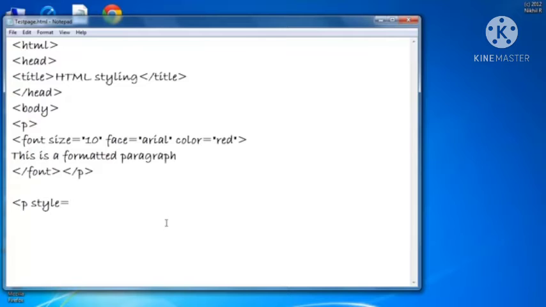Then again we have to write paragraph style is equal to font family Calibri, font size is equal to 40px, color is equal to green.